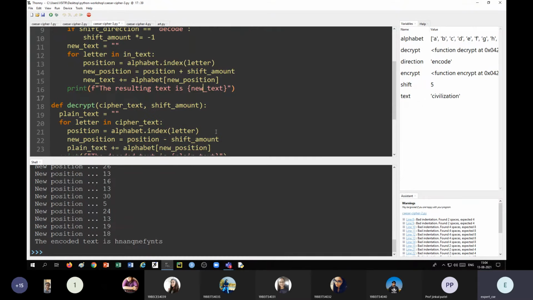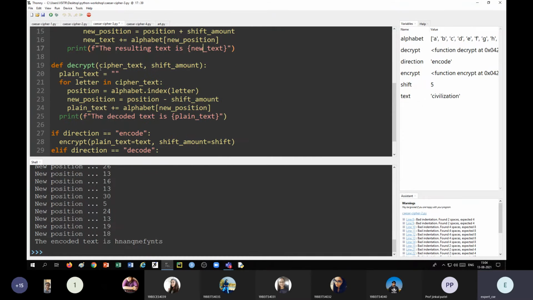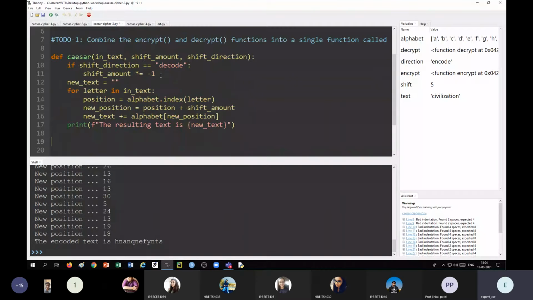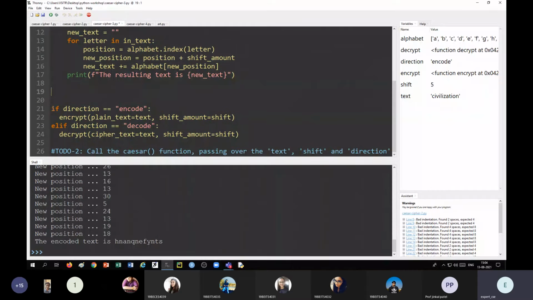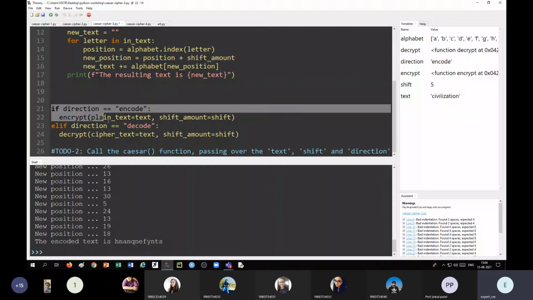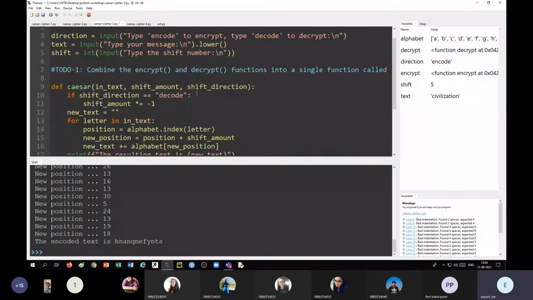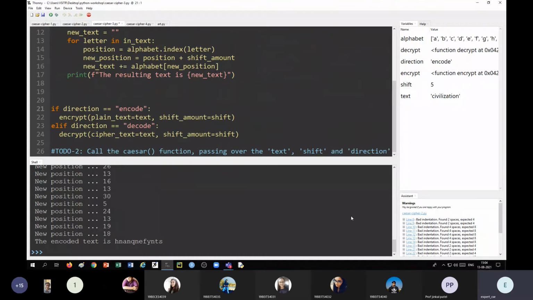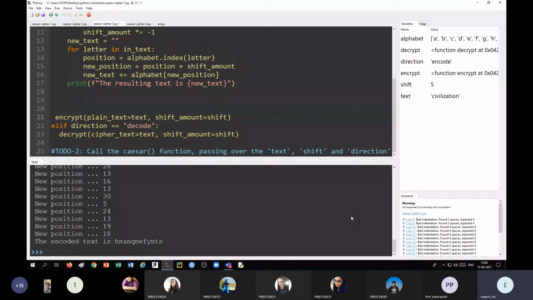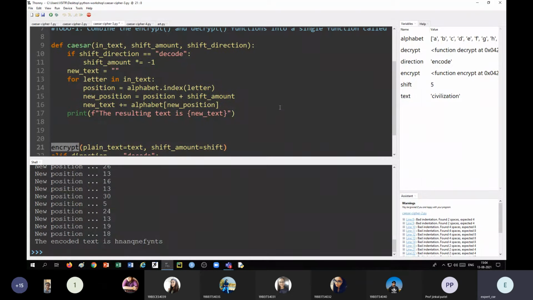So we now don't need this function. Both the functions are combined now, but the thing is we have to send the direction also. Now again, this is also not required because we are now left with only one function. So simply we'll call one function with the third variable called direction. Instead of doing this, simply call a function known as Caesar.